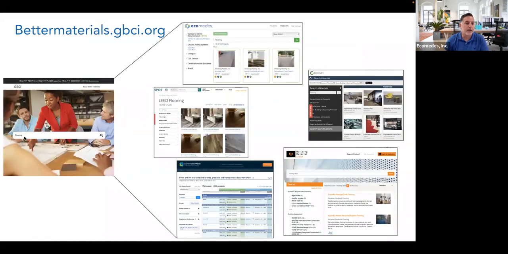So what you type in, say flooring, you're going to get flooring results from Ecomedes, Spot, Origin, Material Scout, and Sustainable Minds. So we do it a little differently, each one of us, depending on how much data we have and how much information we have about the product or how we've mapped it to LEED criteria. But nonetheless, this is how that works. So you type in one, and then basically across the top of your browser at bettermaterials.gbci.org, you'll see 5 or 6 different tabs up at the top that send you to those results. And today we're going to talk about how the Ecomedes results are formulated